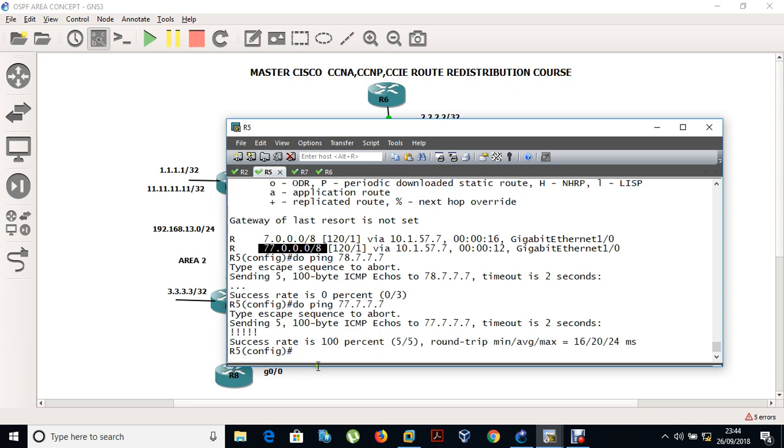So that is the multiple ways. I showed you access list, I showed you IP prefix list, and I showed you a route map. And I think it has been informative for you, and I see you on the next